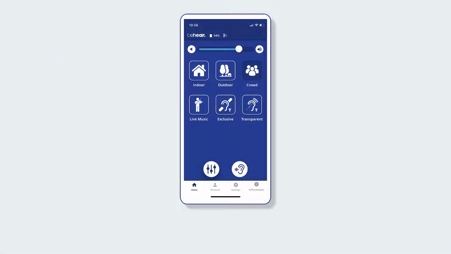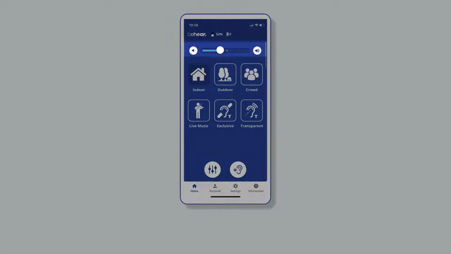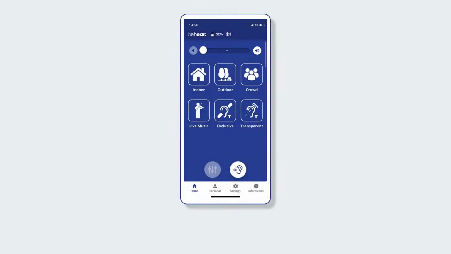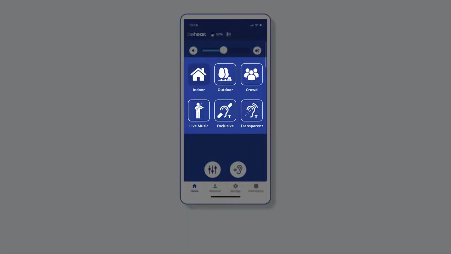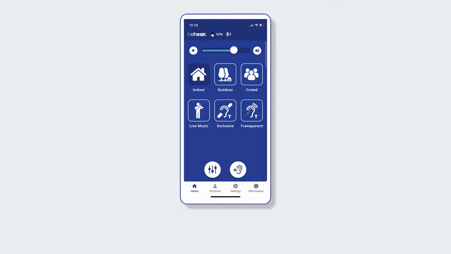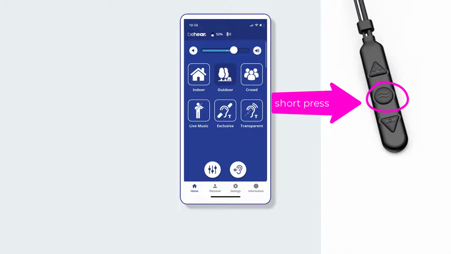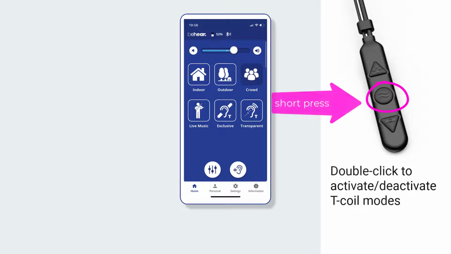Okay, let's get started. This is the default home screen when no media is being played. The slider at the top of the screen regulates volume. When the slider is set to 0, the leftmost position, personal hearing mode is off. Tap the preset that best describes your current environment. You can also scroll through these profiles with a short press on the middle button of the right control box. A voice prompt will play each time a profile is switched.